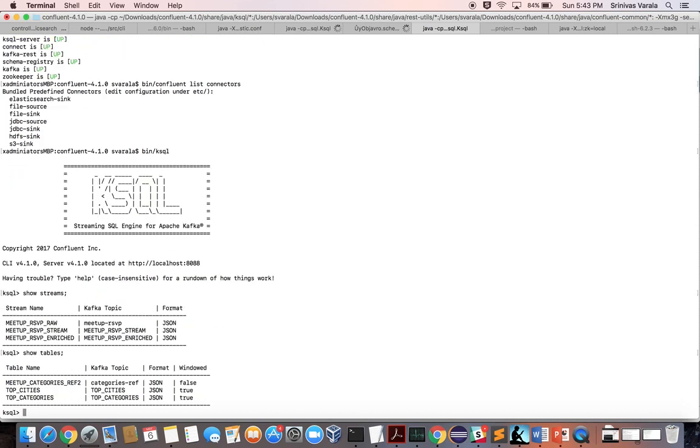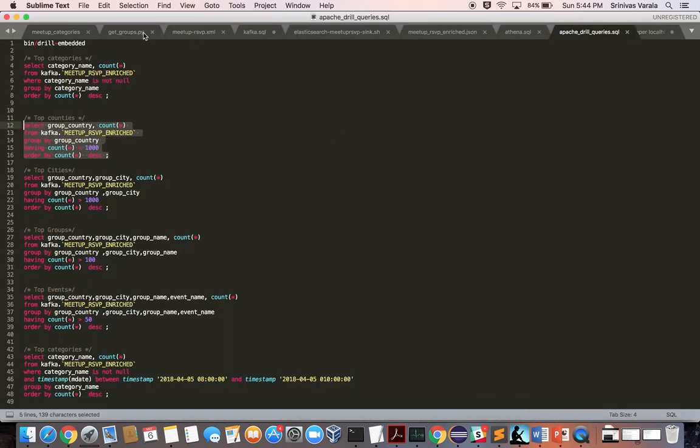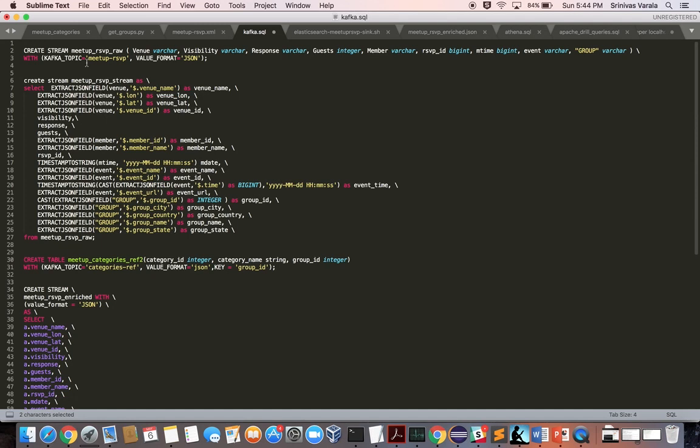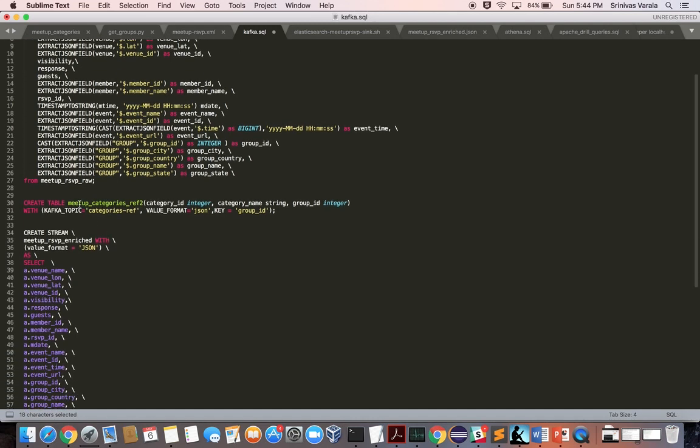And then I've created some tables. This is my reference table with the category information. I'm going to join this reference table with this stream on the group ID, and this is the final table with the information. I'll show the queries. So this is my raw stream on the raw topic. Then the flattened JSON structure from the raw stream, extracting various fields, also converting the epoch to MMDDYY date format. And this is my Kafka table